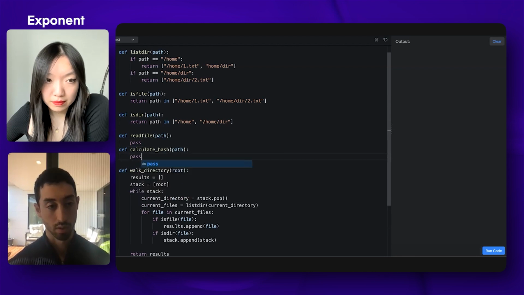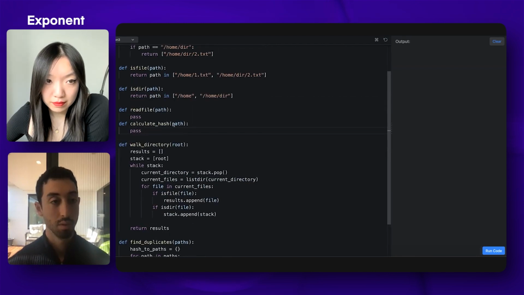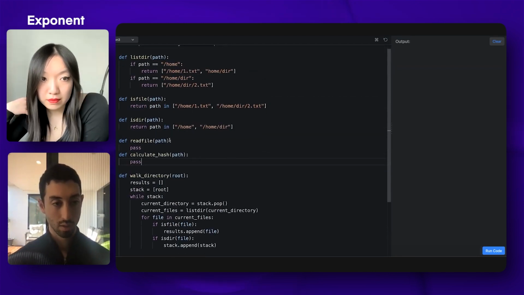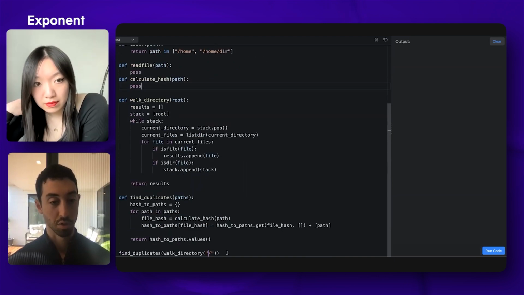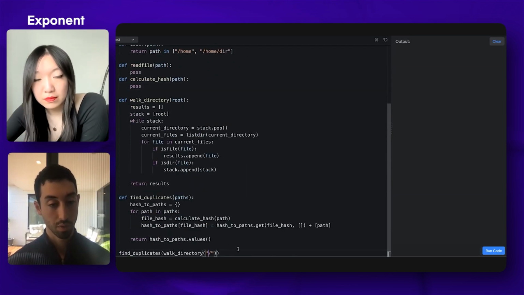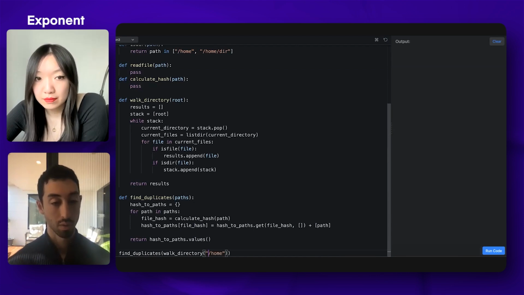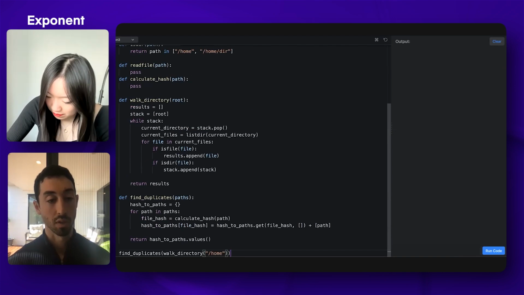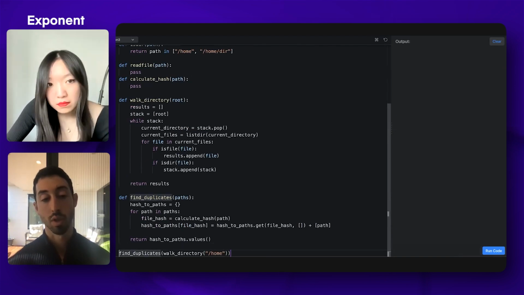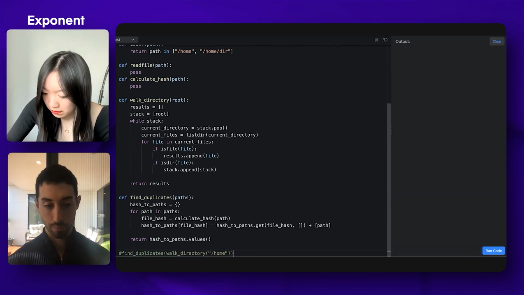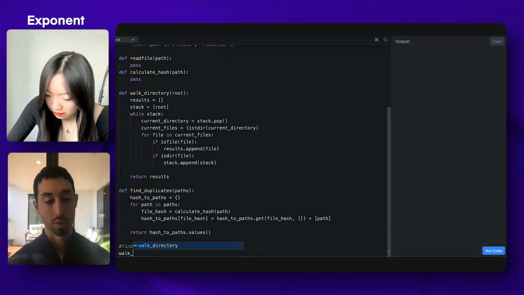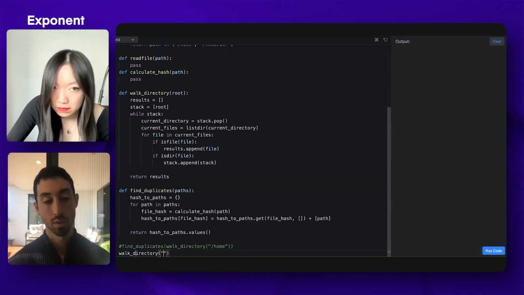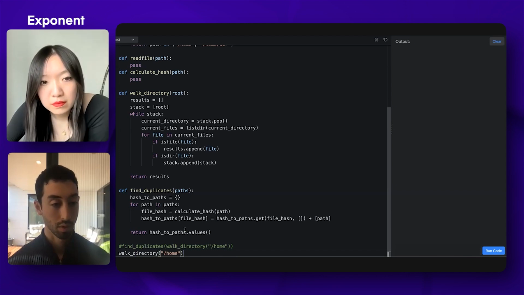And this I'll do later. Let me just see. So okay, then I walk. So firstly I can test walk directory to see if that works.